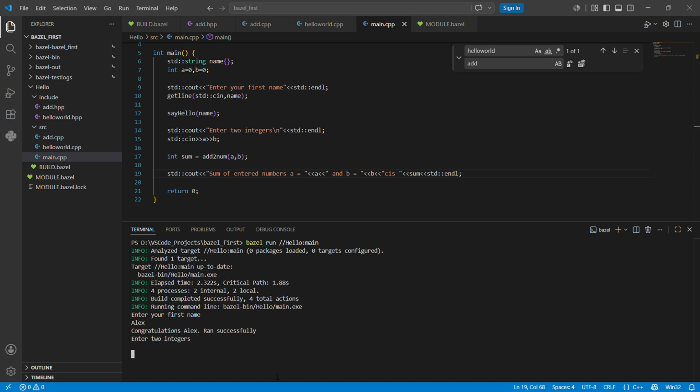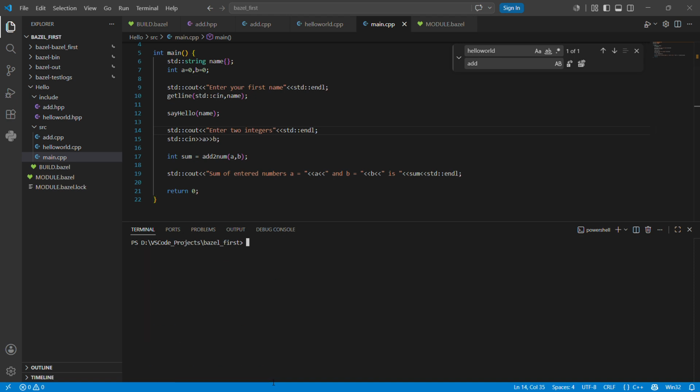For example, again we enter 3, this time we enter 2. Oops, my mistake, it should not have been here. Let's say I will remove this character. I will save this. So if I run it again,